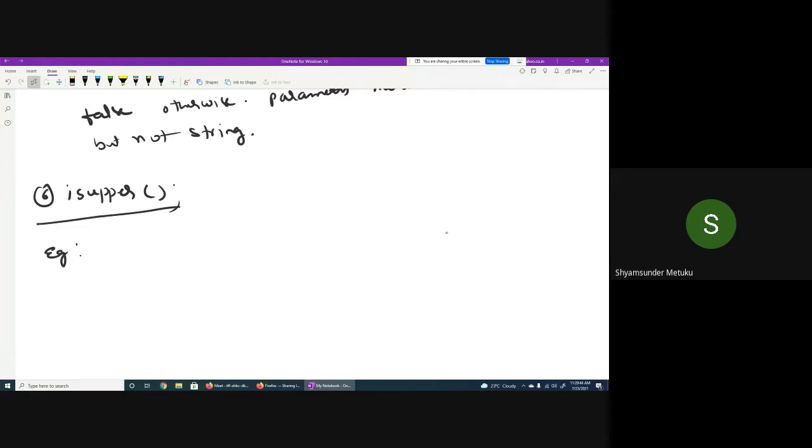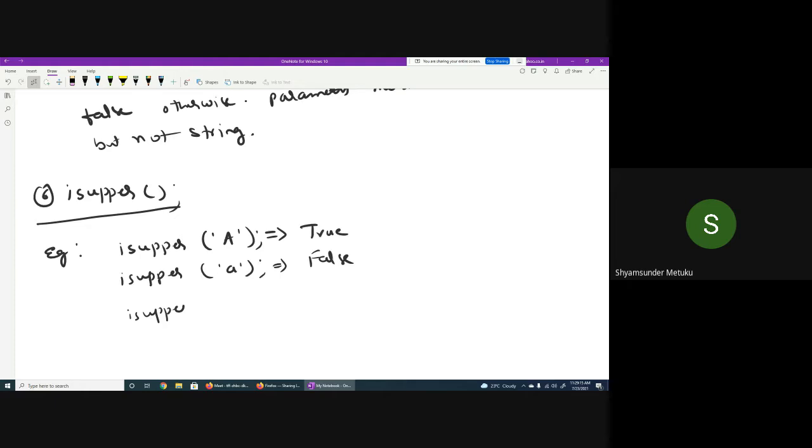So examples: all are small letters, try to remember that. What is the output? Respond. True or false? True, sir, because it is a capital alphabet, right? False. False, sir. Then isupper. False, sir, because it is not an alphabet, first of all.